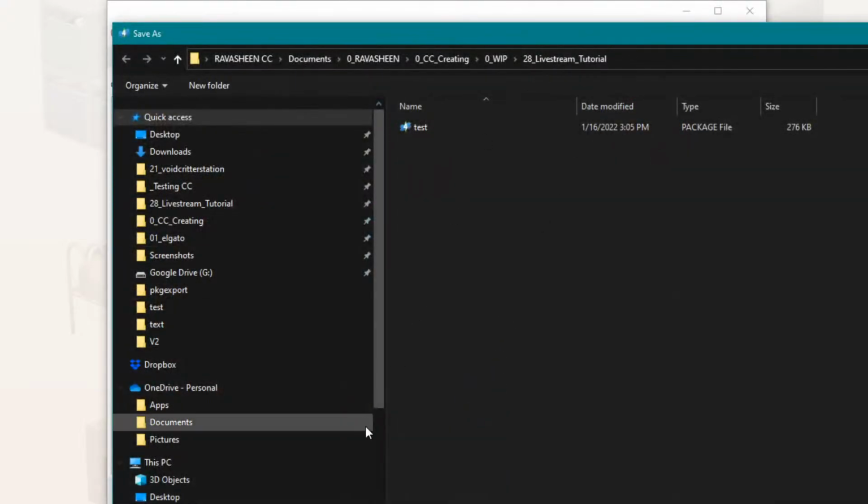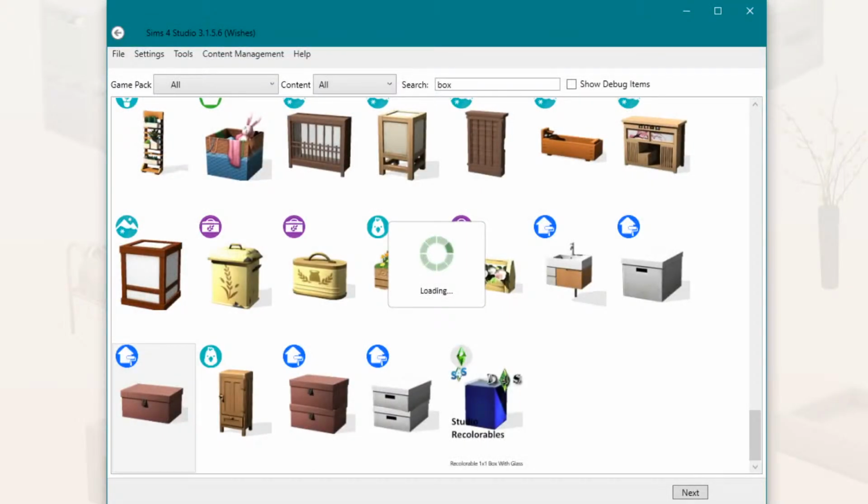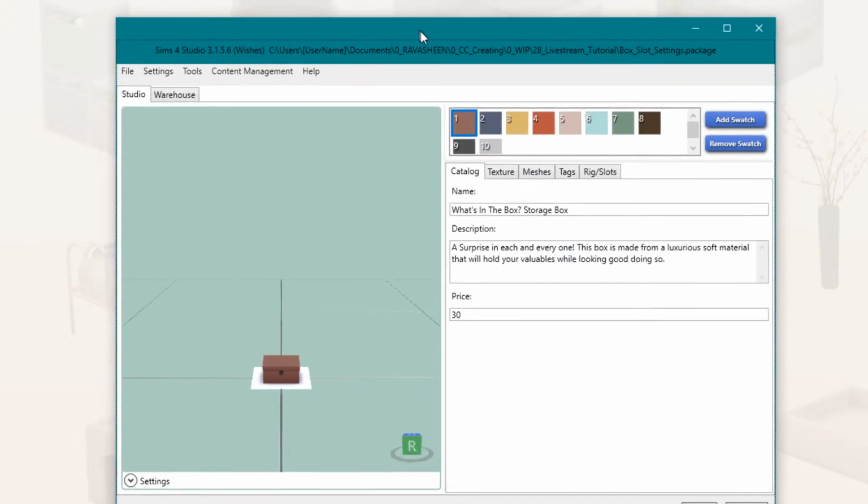Okay, so you can just choose whatever file path you want. And then here we'll do box slot settings. So you can name it whatever you want. Just try and be descriptive with it so you can find it. Little Deco, we're learning how to